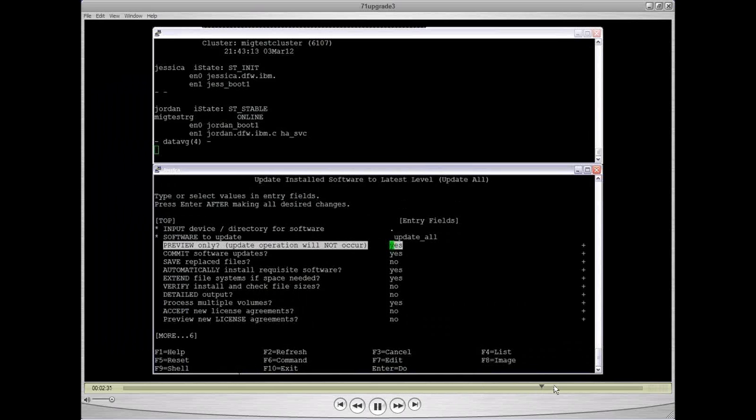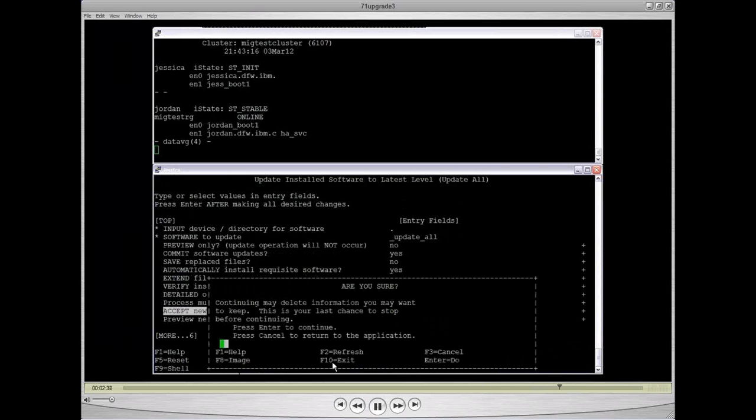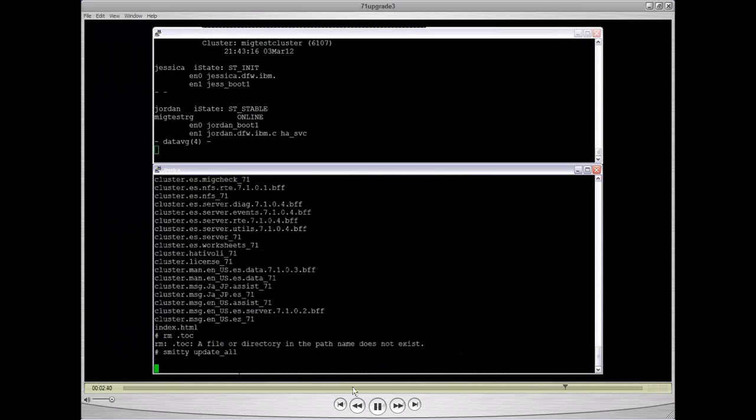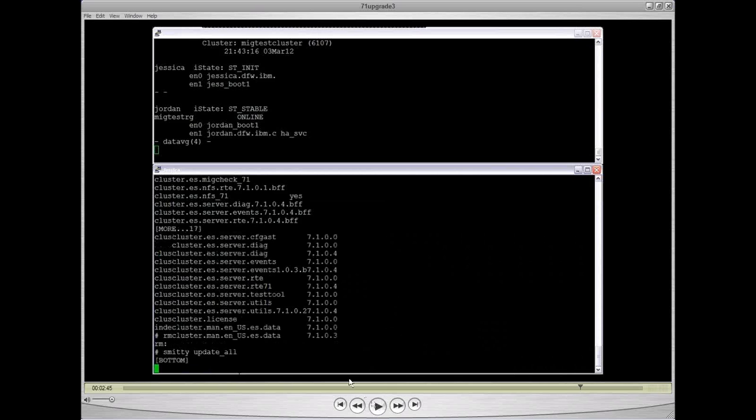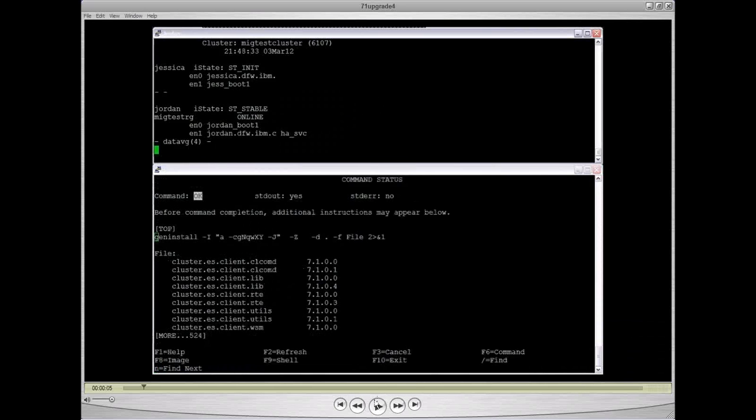So now I'm about to perform the HA update, and always be sure to accept new licenses, and then always be sure you perform this process in a test environment before you ever execute it in prod. So you can see now that my upgrade has started. I'm going to stop this recording and switch over to the next one, which is after the HA 7.1 update